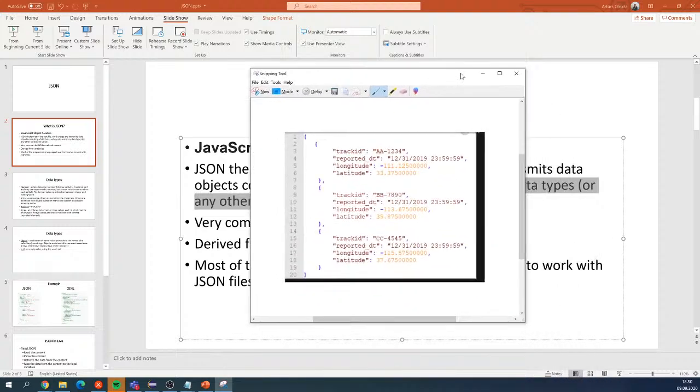So here's the content of a JSON file. It is just a simple text file with the data, and yes, it's just a file with the content. And the main idea for us is, first of all, if we need to read it, then we need to parse it